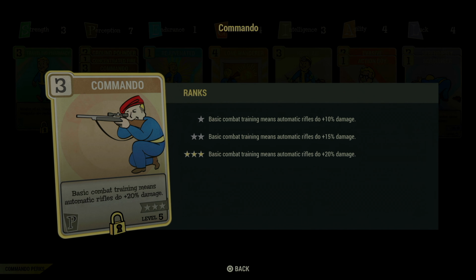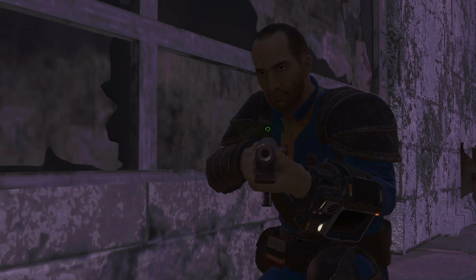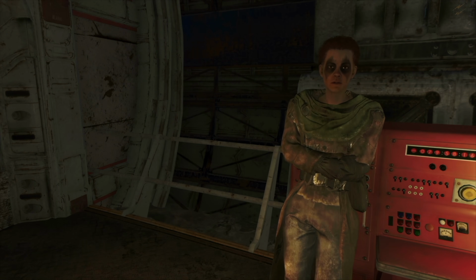That beauty bumps up your rifle damage by 20%, meaning you'll be hitting harder with each pull of the trigger. And then there's the Ground Pounder perk card. Reloading's a breeze with this, 30% faster in fact. In the heat of battle, those precious seconds saved can mean the difference between life and death out there in